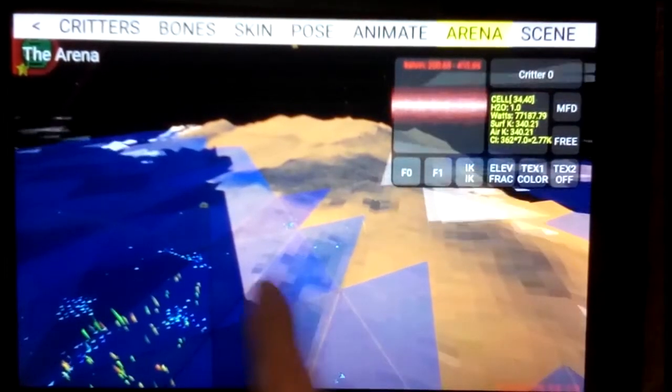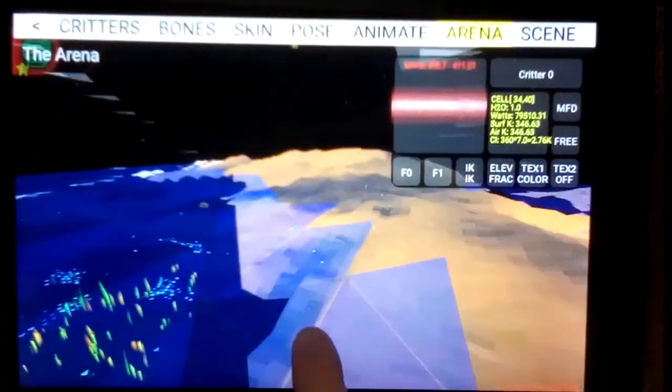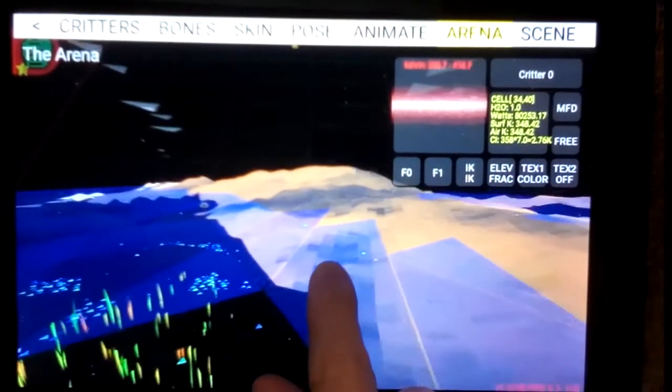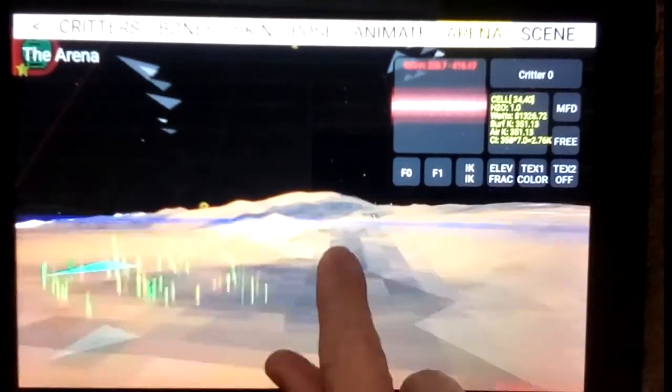So in the shallow waters you can still see the land below, but in the deep waters you can't, until you get close enough to sea level, at which point,